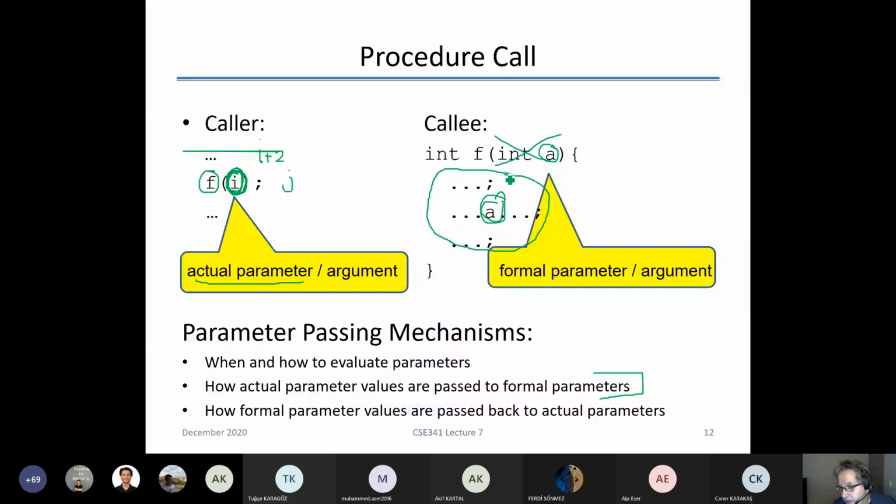I don't have a global variable. Assume that I don't have a global variable, and I cannot actually modify the actual parameter that is passed to the callee. Then what am I doing? What is this function doing? Let's say it may be doing print. That's probably the only thing it can do. But the caller